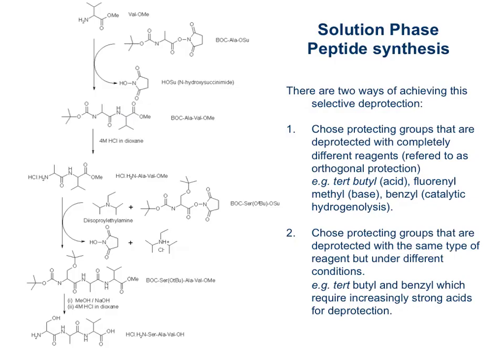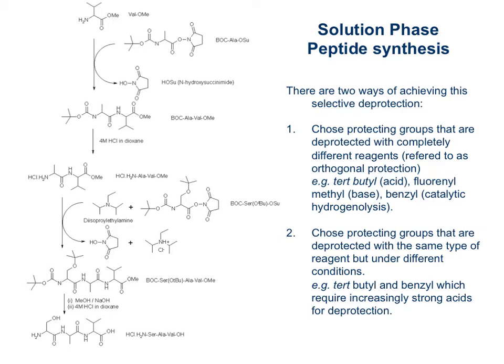So in solution phase peptide synthesis, there are two ways of achieving selective deprotection. One is to choose protecting groups that are deprotected with different reagents. This is known as orthogonal protection. Or the other way is to choose protecting groups that are deprotected with the same type of reagent but under different conditions. Shown here is the synthesis of a serine, alanine, valine tripeptide, starting off with valine, adding this Boc alanine,